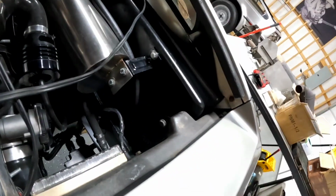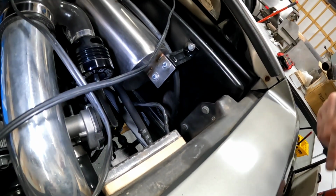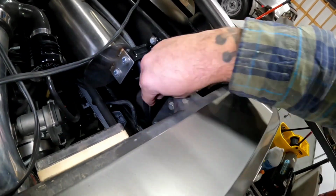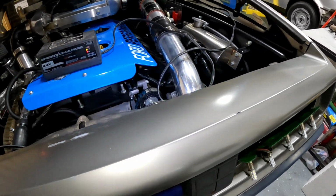And there's still a hole over here, but I route my coolant overflow line through there, and same thing, I don't want to block off access to that pontoon. So anyway, now